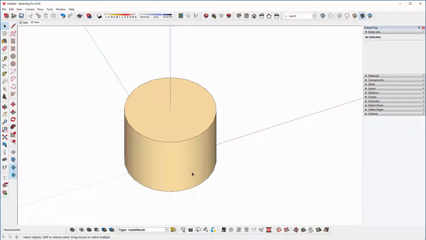Next, we're going to learn how to create a truncated cone from this cylinder. So if you were to select the top of the circle, you could then click on the offset tool, and once you do that, it selects the edges. So if you click anywhere to begin, drag it inwards, you could then type in, let's say 50,